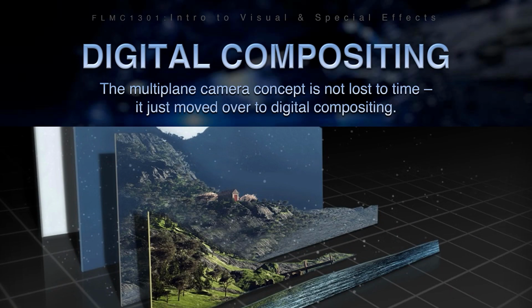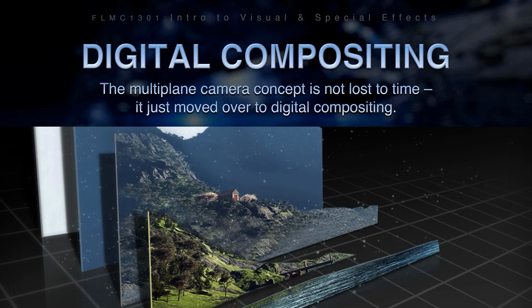All right, well, let's jump into digital compositing, which plays a huge role in matte paintings. And the reason why I like showing that old clip of Walt Disney explaining the multi-plane camera to his audiences back in the 60s is because that exact process is widely used in digital compositing today. But of course, instead of a huge contraption made of metal with planes of glass separating the artwork and a big camera on top, just turn it sideways and put it into the computer, and you basically have 2.5D compositing